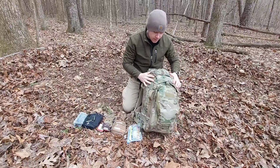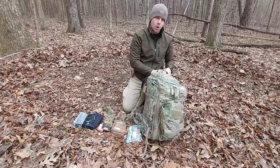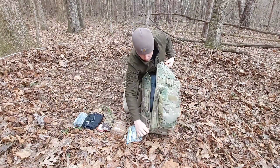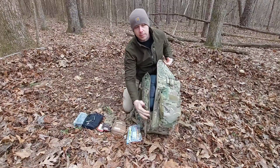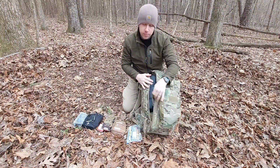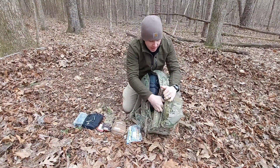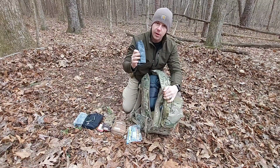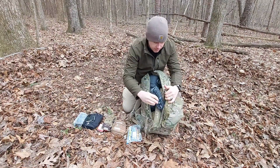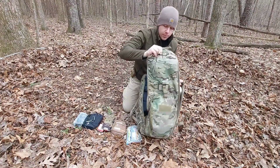Moving on into the main contents of the bag. It does open in a clamshell configuration, so you can get all the way to the bottom of the bag without having to dump everything out. But before we dive in, there is a small zipper on the outside of the bag, in which I just keep quite a few 55-gallon drum trash bags. So once again, moving on to the inside of the bag, if we open this up,